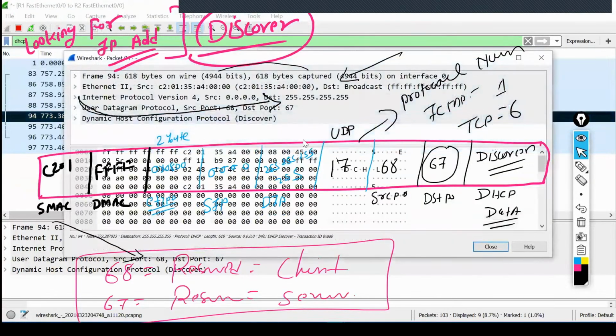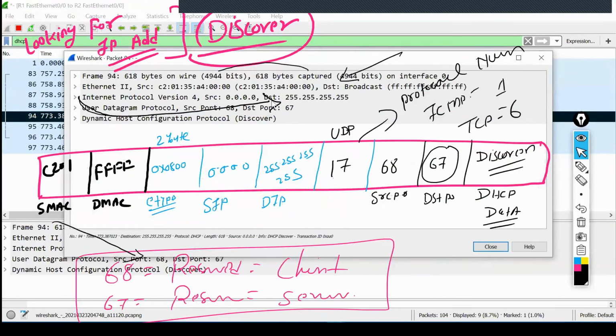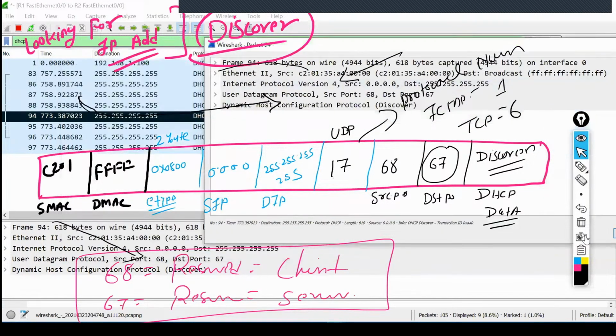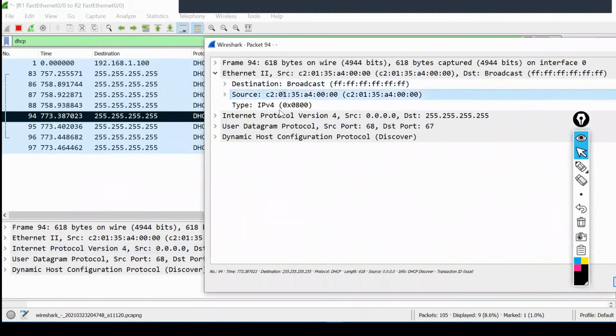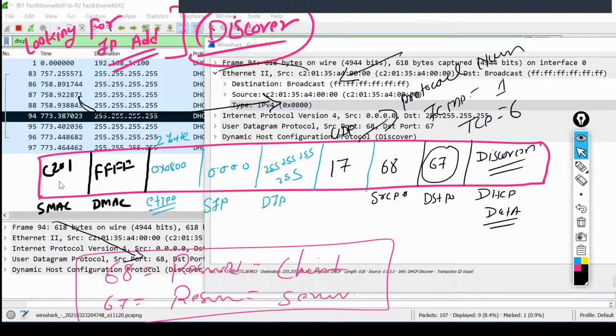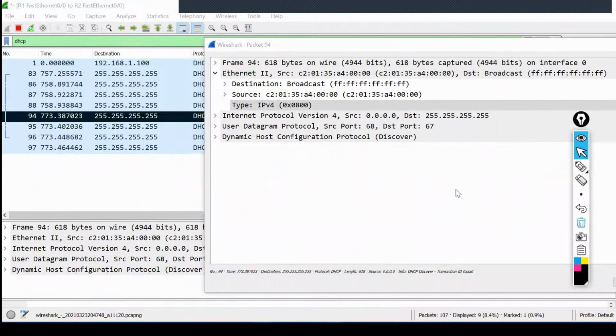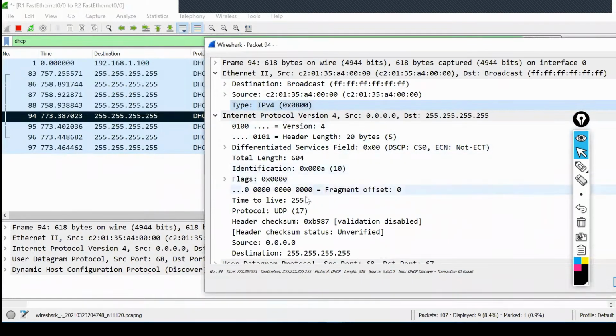Discover. Source MAC address, the user MAC address. Destination is what? Broadcast. Type is what? Source MAC C201. Destination broadcast. Type is IP. Internet protocol is what?